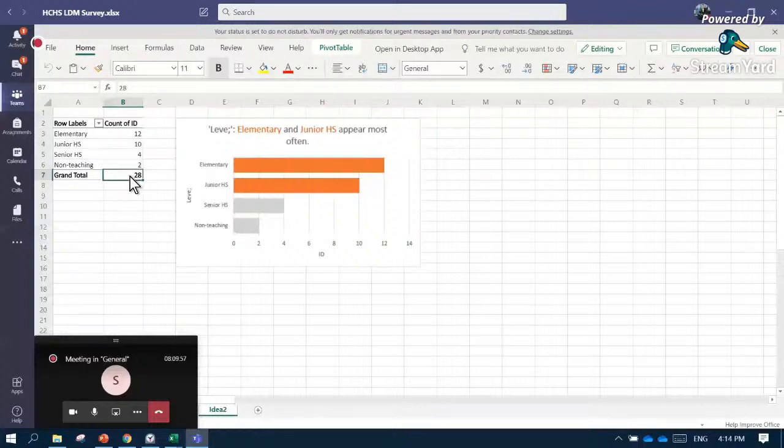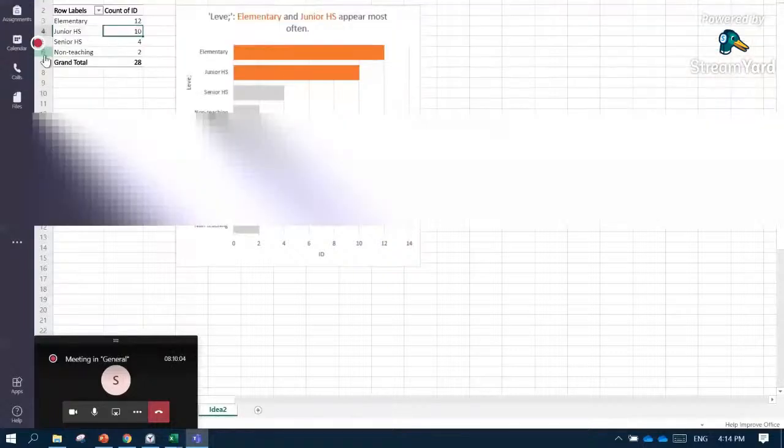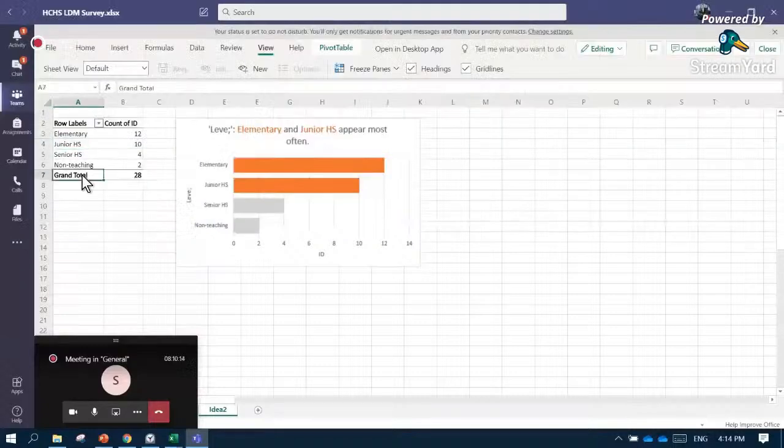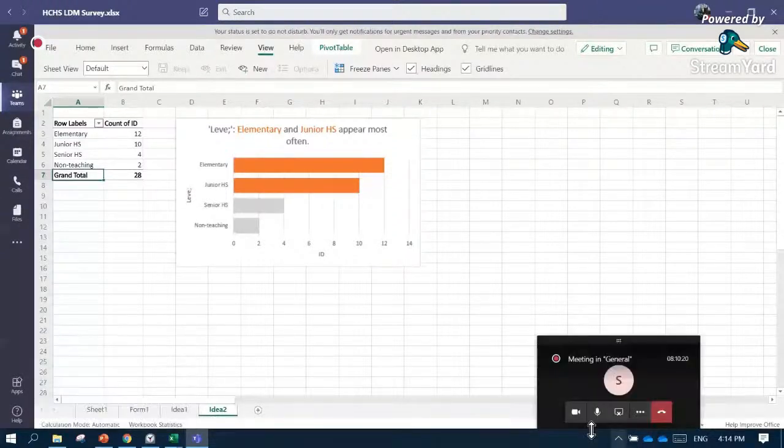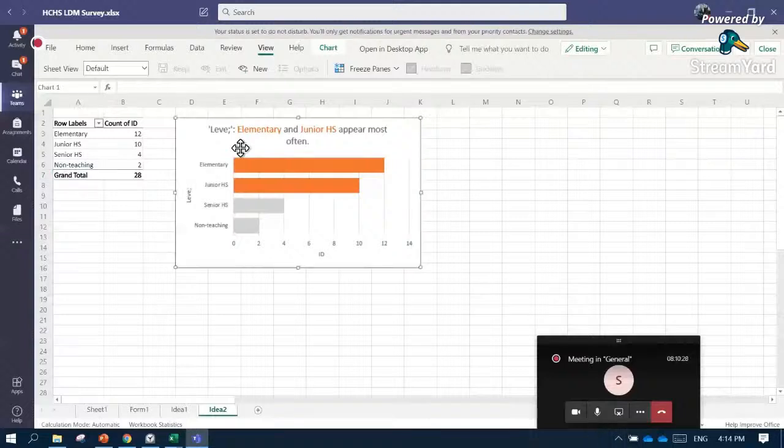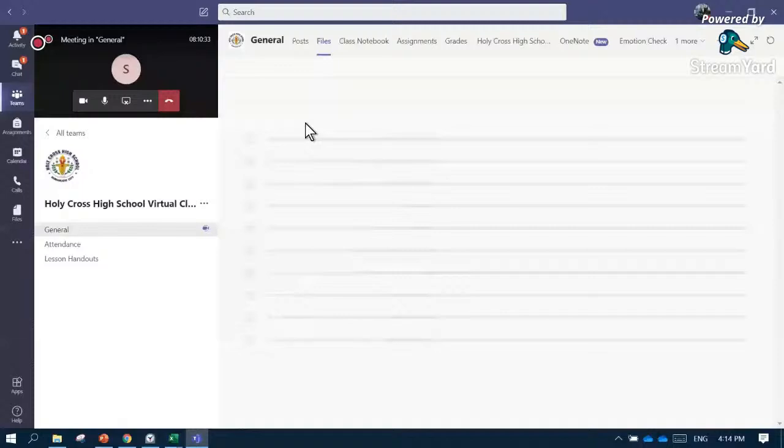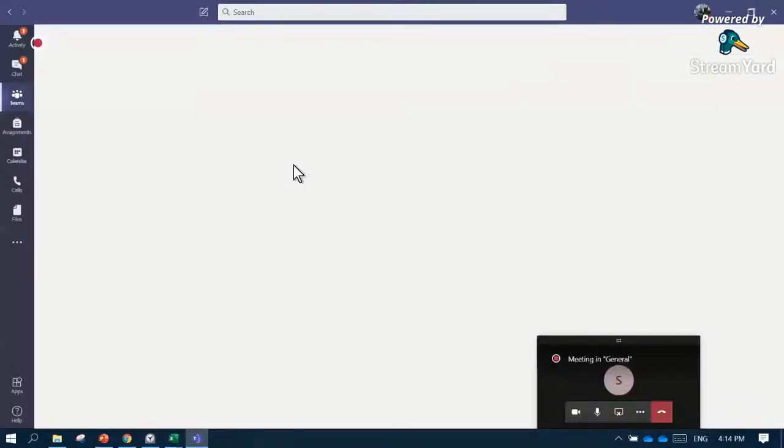That's how the pivot table analyzes the data. You can also manipulate this. Let me close this first and go back to my workbook. Go to Ideas.